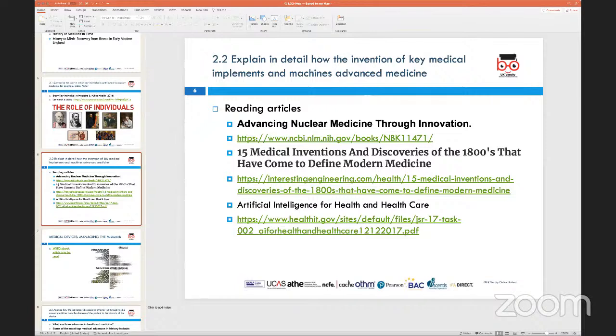Now, what are these major instruments which have come about over the years, decades, and centuries? There are some articles that I put up here, and I will take you through them and show them to you on Moodle as well, because this is important to understand. For example, if I talk about a different field, like electricity,